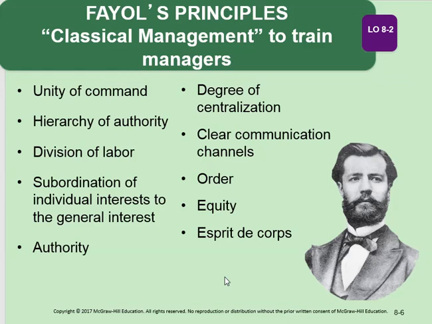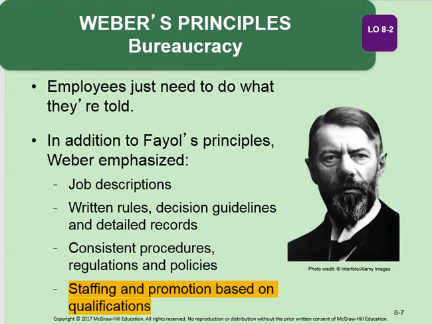We need division of labor. And we need clear communication. And we need to talk about how centralized our authority should be. In addition, we have Weber, who took a more step-back point of view. He was looking at it from a bureaucratic point of view. He said we need very clear lines of chain of command, similar to Fayol. And he wanted these